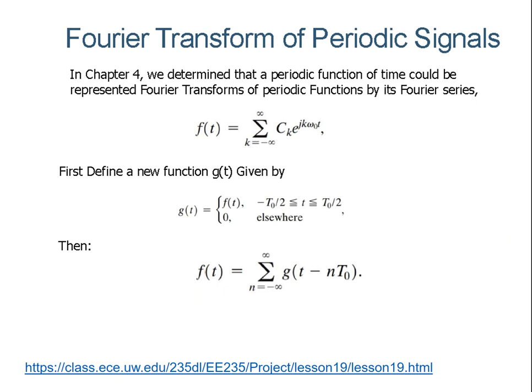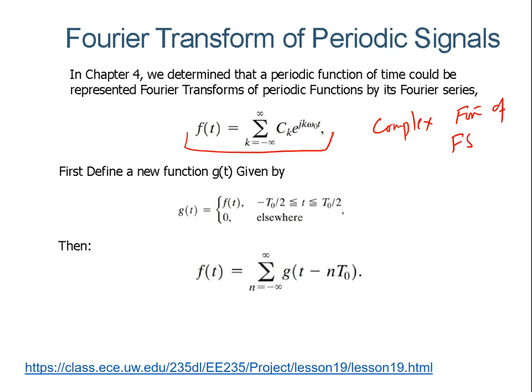Another property of the Fourier transform is, we have studied that if we have a periodic signal, we calculate the Fourier series. If we have an aperiodic signal, we usually go for the Fourier transform. But if you want to calculate the Fourier transform of a periodic signal, then what we can do, we know that for any function, we can write its Fourier series, right? So this is the complex form of the Fourier series. For any function, we can write it in the form of the Fourier series.